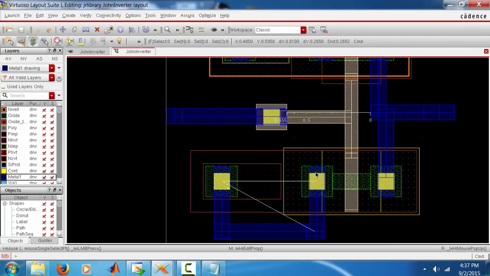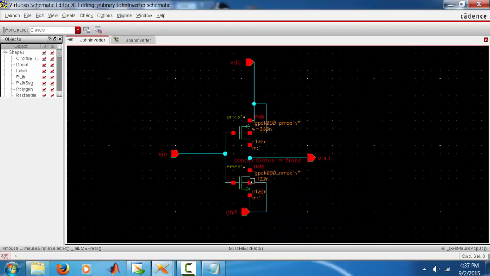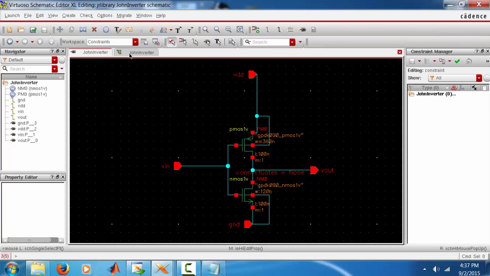So here it says that these two are shorting. According to the schematic, these two points should be shorted, but still it is showing an error. Let's see what is the